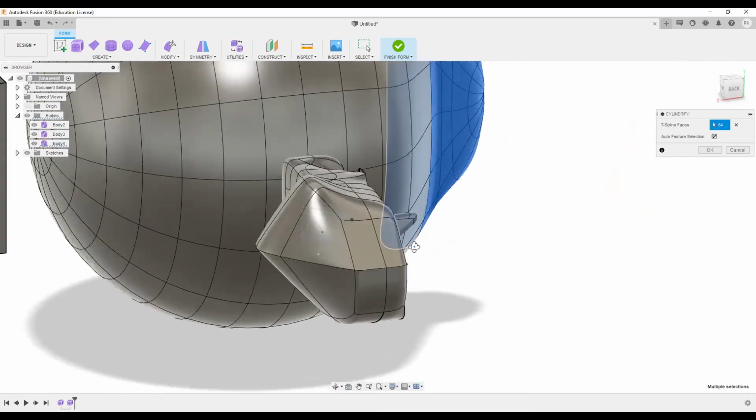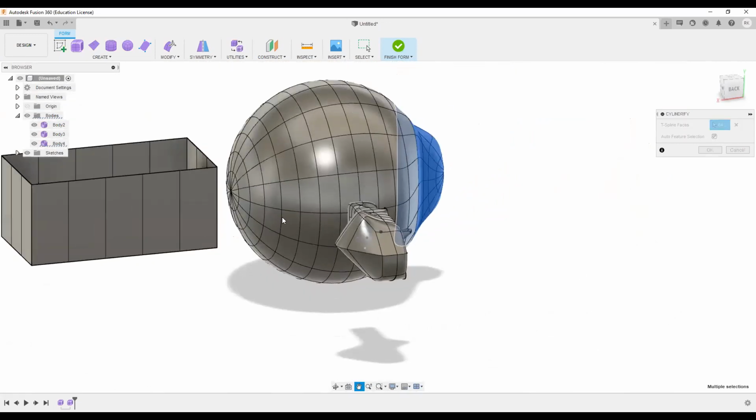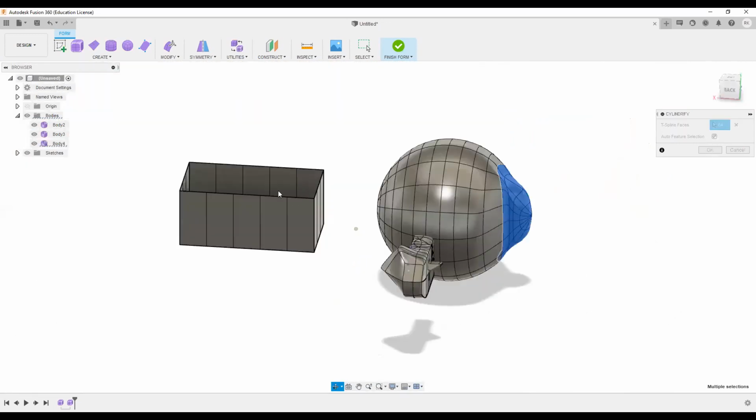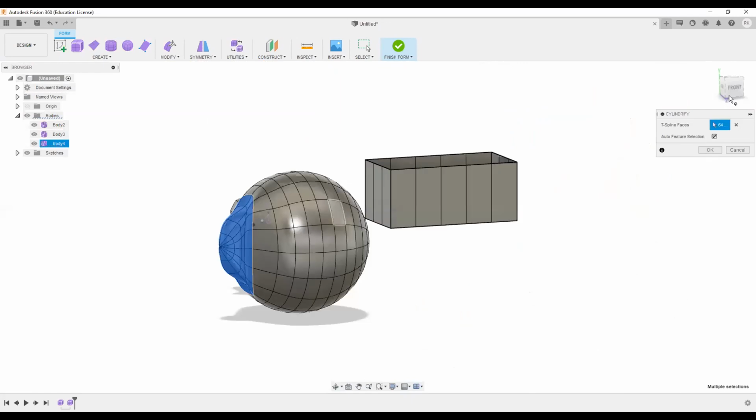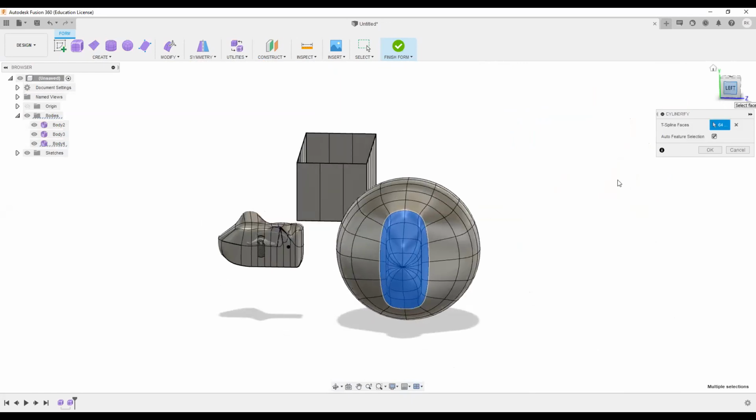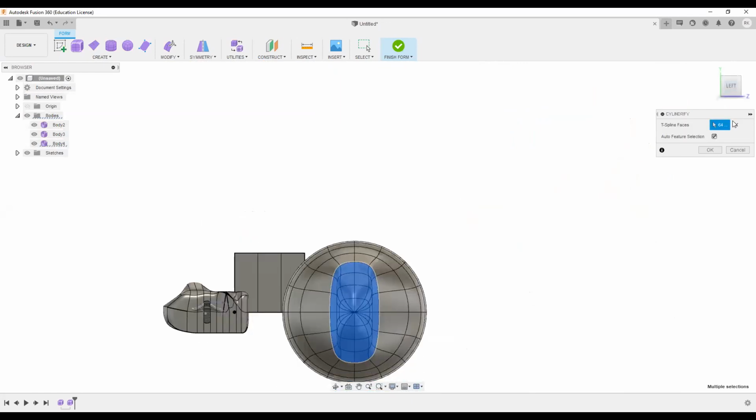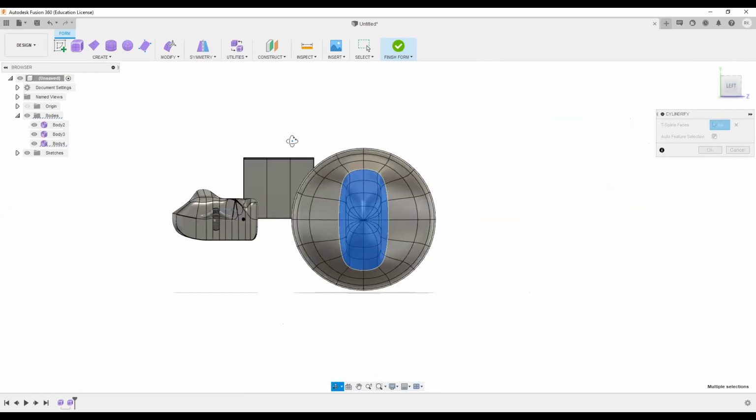So we can also select this particular number of faces. If there are too many faces, you can select by clicking this left option and then right clicking and then select.